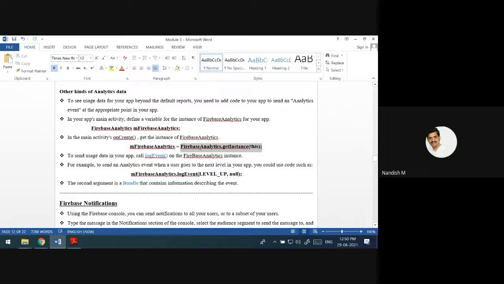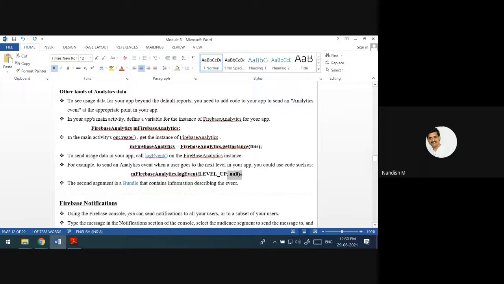This function gives you the object of this class. No need to use the keyword new. You can directly use the function getInstance, which will give you the object of Firebase Analytics. With this object, there is a function called logEvent that will send the usage data about your app.